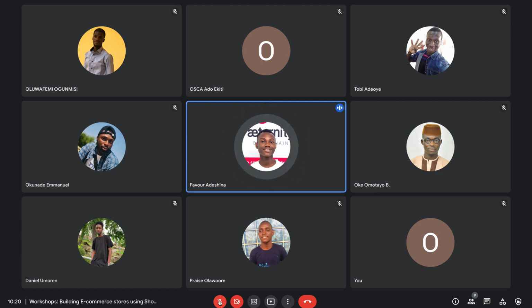You can train a model, for those that do stuff on AI. You can train a model that will help detect an image or a text, and this can also help you streamline business processes. So that's what Power Automate does. There are a whole lot of things.